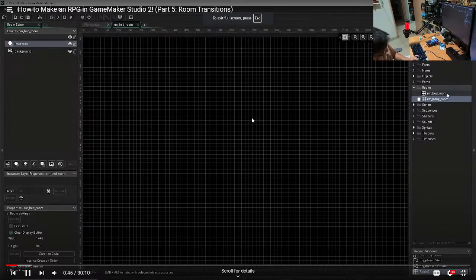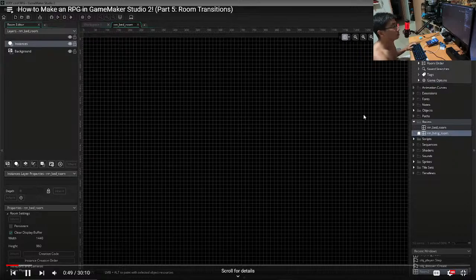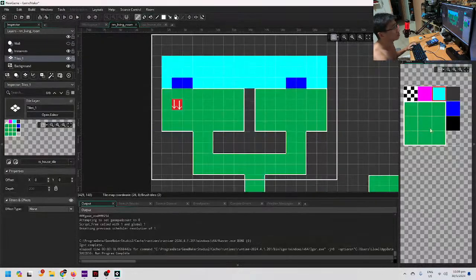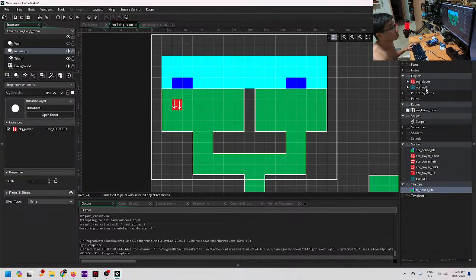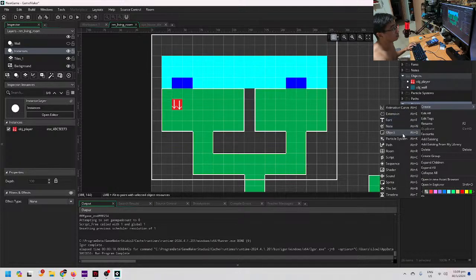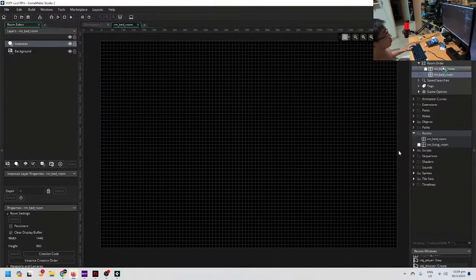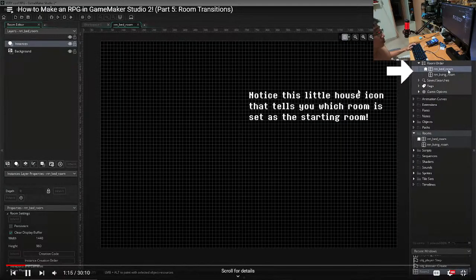So an important thing to note here is actually, if we go up into this quick access folder, you'll see there is something labeled room order, which means this is the order in which the rooms will appear in the game. So the first one on top here is always going to be the one the game starts in. So even though down here, bedroom is on top, up here is where you would want to change the order. So if you want to start in the bedroom, you could just drag it above. Now the game will start in the bedroom. So we can go ahead and leave this here